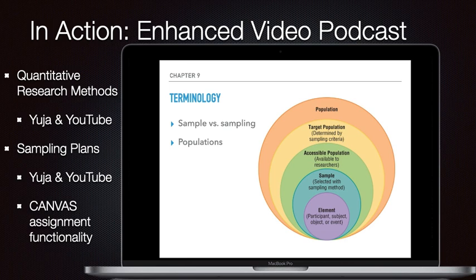So to recap, sample is actually the noun, sampling is actually the action, and populations is what we want to generalize our